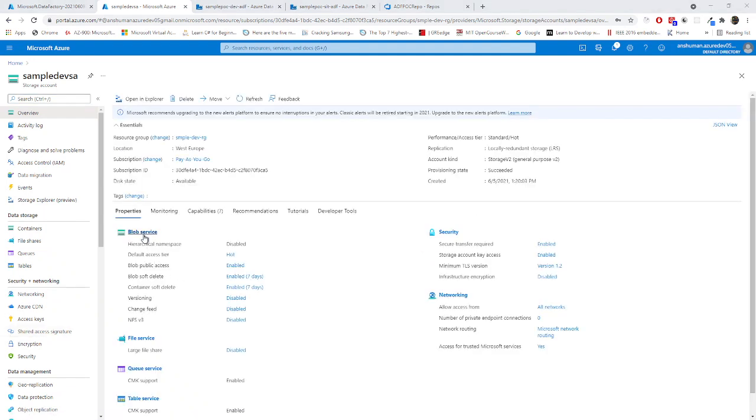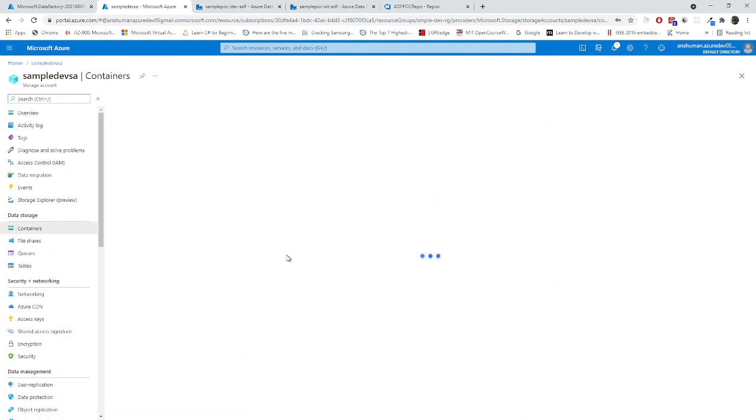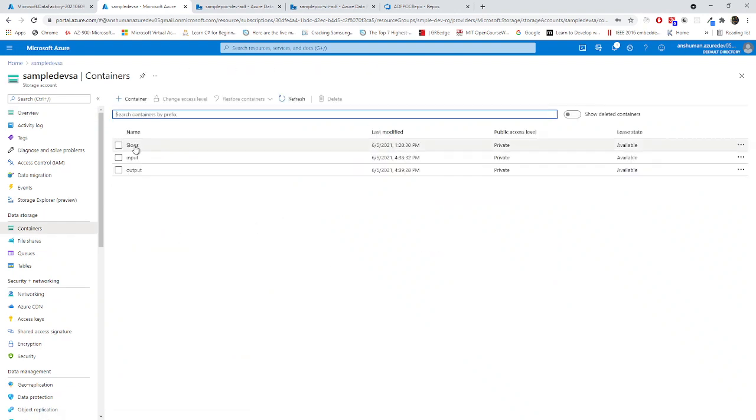Yeah, it got loaded. Now if we go to my blob service, you can see that I have already created two things over here. One is your input container, one is your output container. So my objective is to have a file in the input container and push it to the output container by using ADF pipelines, not by doing ARM, Azure automations or anything. I just want to move those files from input to output.